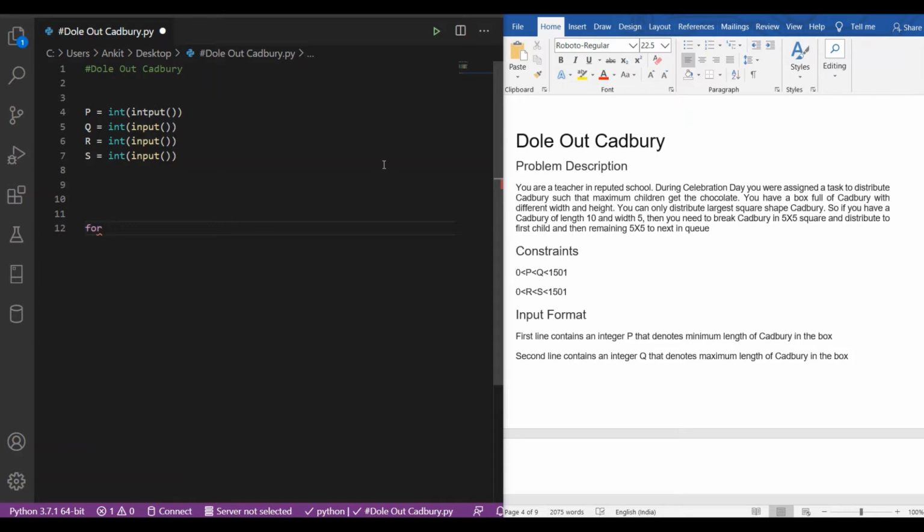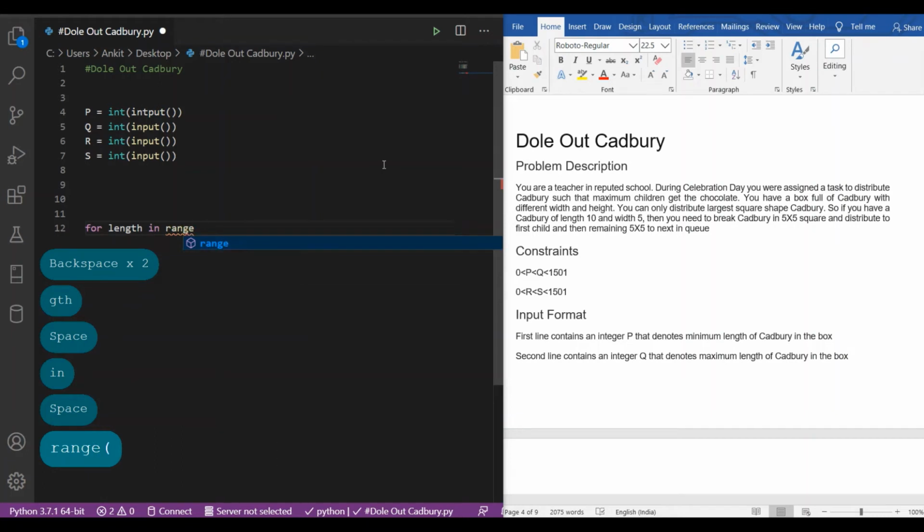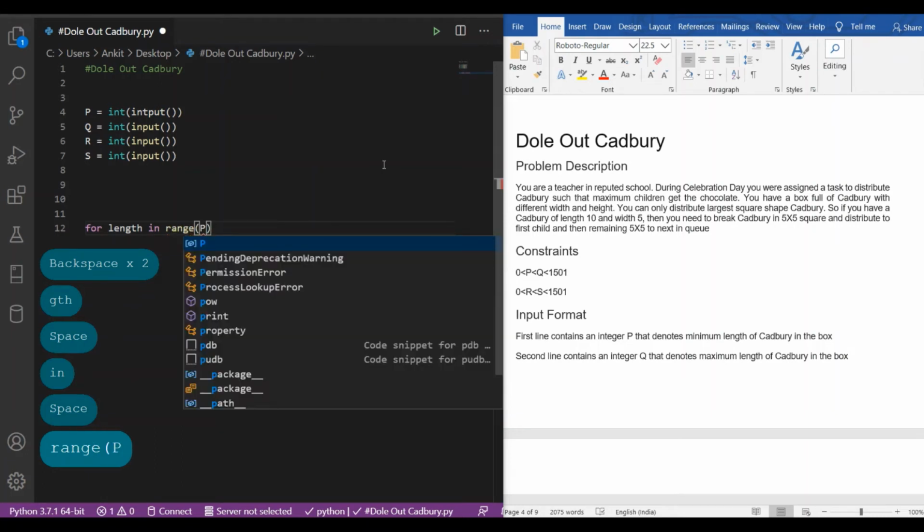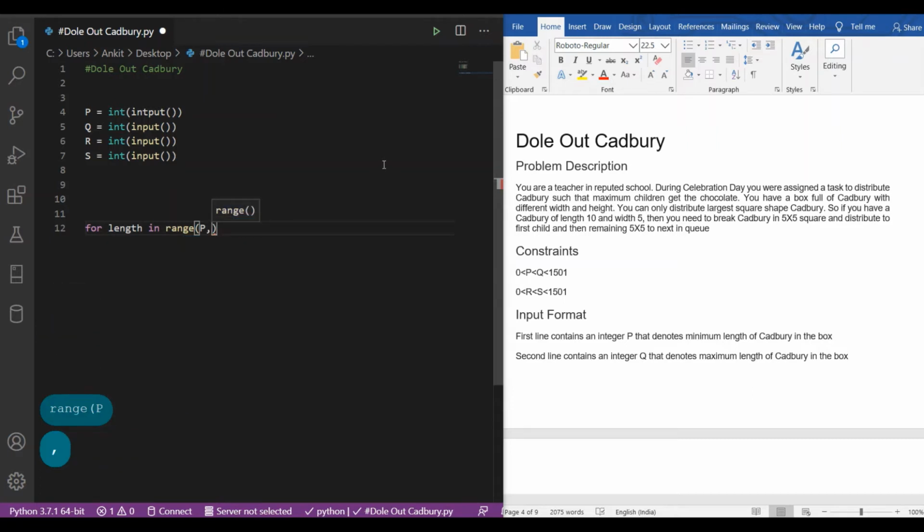So for that we take a for loop for length, and the range for the length is from the minimum length of the Cadbury to the maximum length.